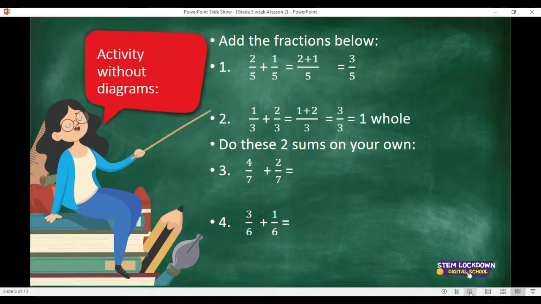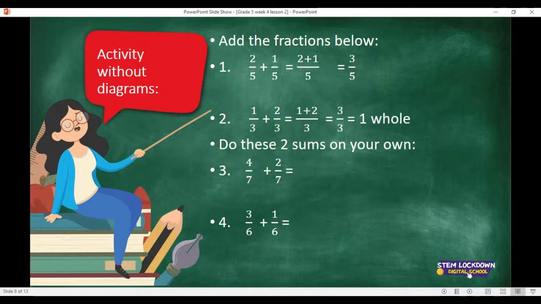Okay, so now we're coming to activity time. I really hope that you have seen, even if you don't see this division line, if you go to your tablet or whatever you're using, a computer, you see there is a slash. I know your answer should be a fraction. So you can say 4 over, the over is the slash, a slash is like that, and then over 7, and you write the answer like that. So we'll do the first 2 together, and then 3 and 4 you are going to do,